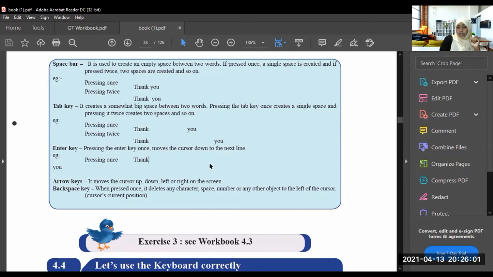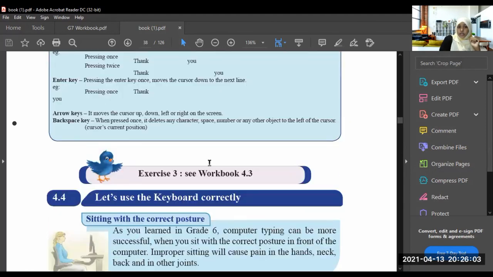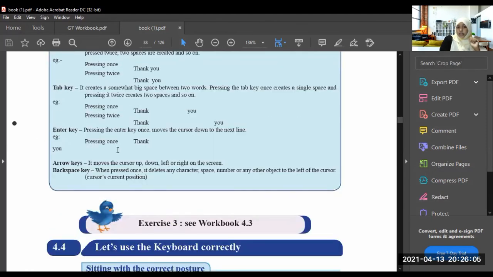So if you press enter, the cursor goes to the next line, or the word will go to the next line. Now understood? Arrow keys move the cursor up and down, left or right on the screen. So using the arrow keys, you can move the cursor up and down, right and left.